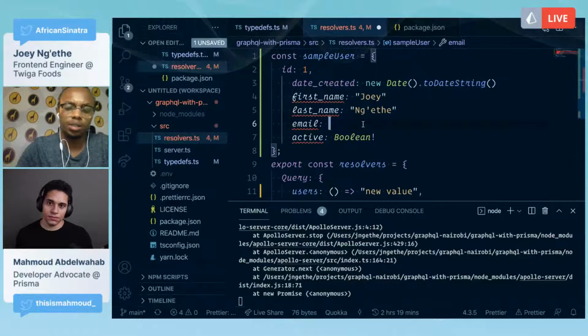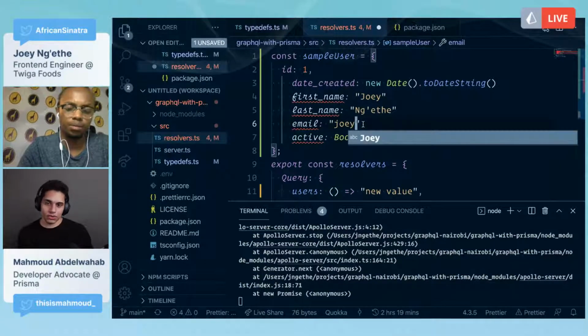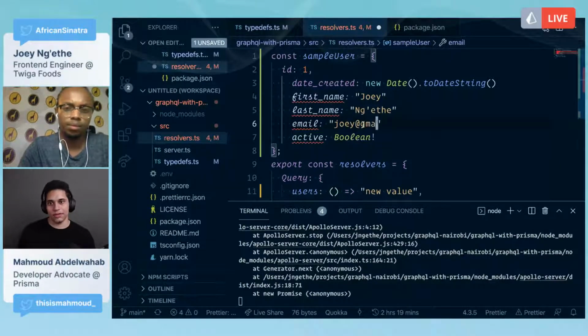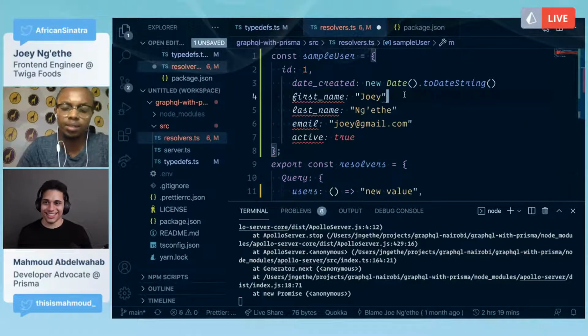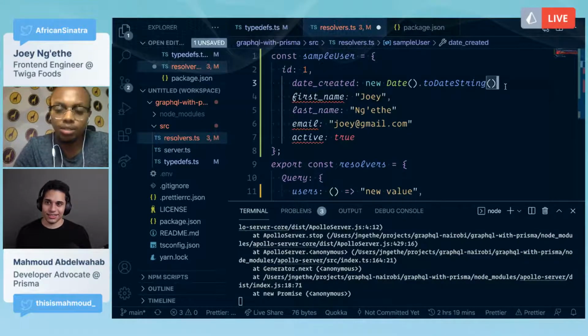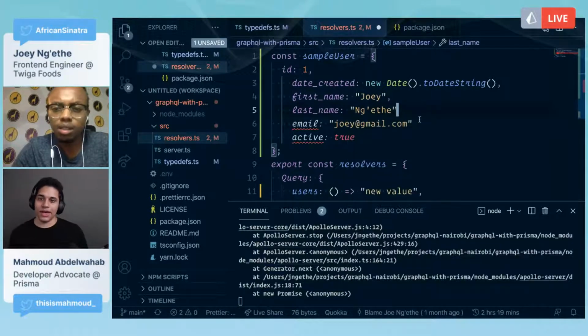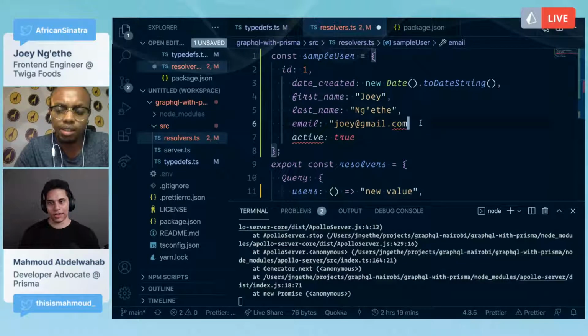Cool. We will use that as a user, but it's an array. So what you do is sample user, comma, sample user, comma, sample user. No, I can just return that one user, I think. Oops. Okay, yeah, but it has to be inside an array though.